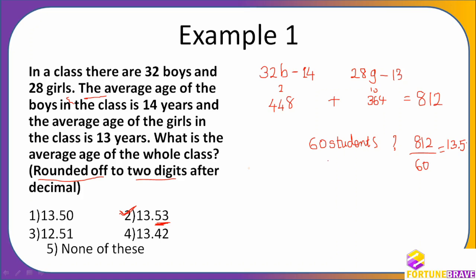But how do I do it without this? Can I do it directly with the equal distribution method? Whatever equal distribution method I am going to tell you now will make you an expert in the equal distribution method. Boys, 32 people, are having 14 chocolates each. 28 girls are having 13 chocolates. Now if I want to equally distribute, it is very difficult, because these are 28 and these are 32.